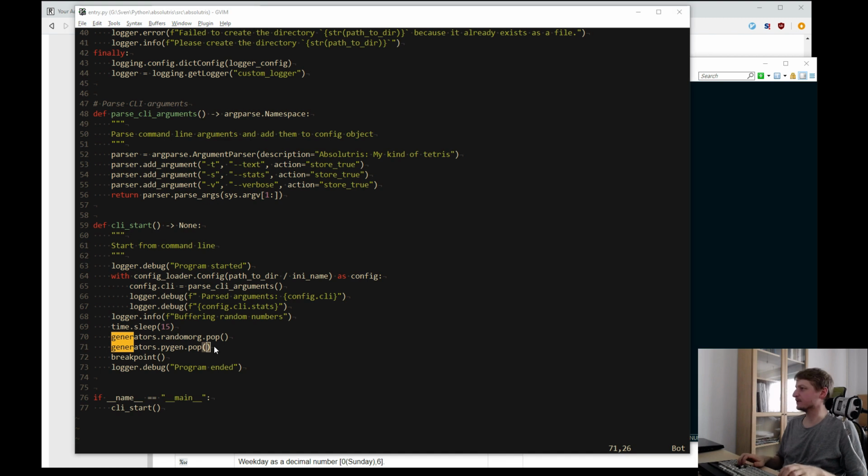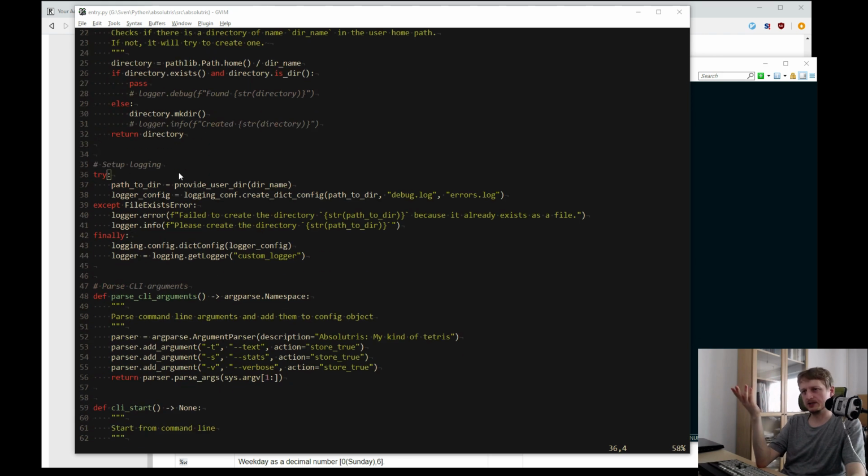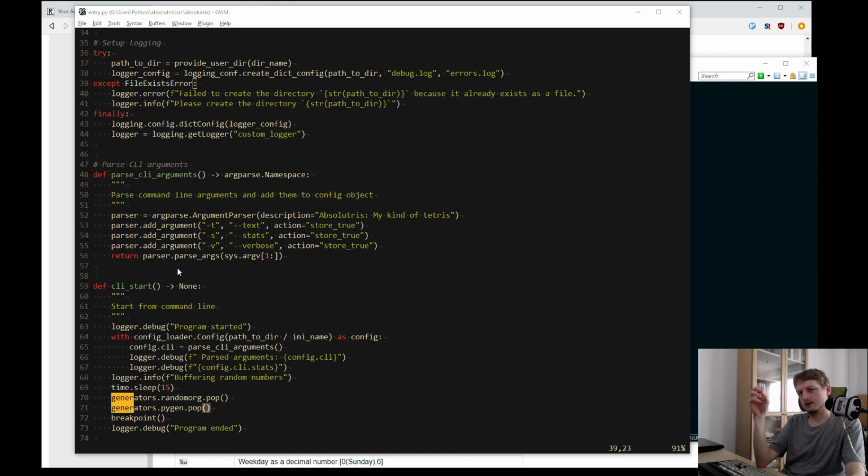I think I have somewhere the requirements of what I want, but yeah, I would need a playfield. The playfield should probably be its own module. So this entry module imports generators, and it should also import playfield.